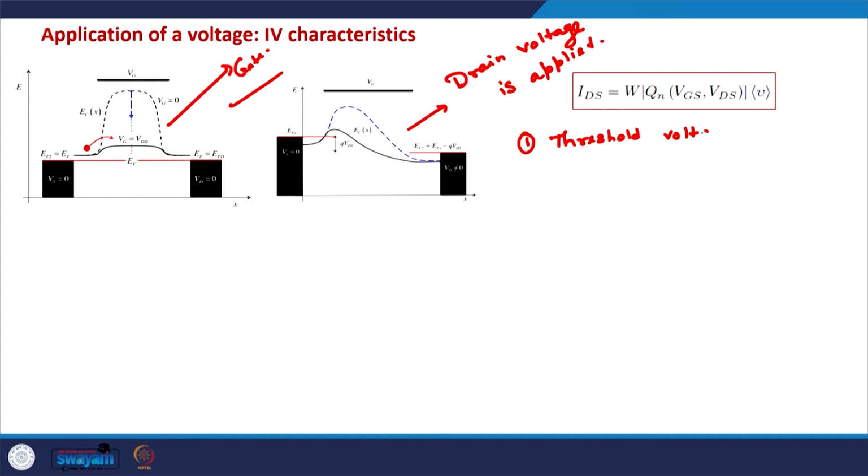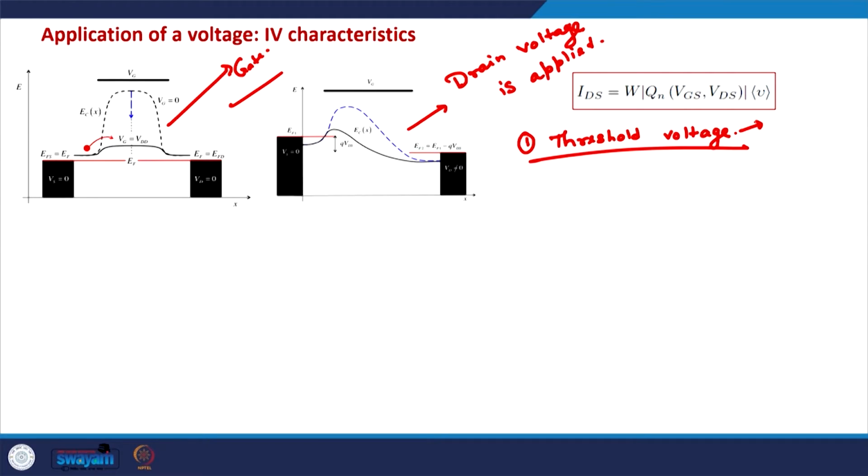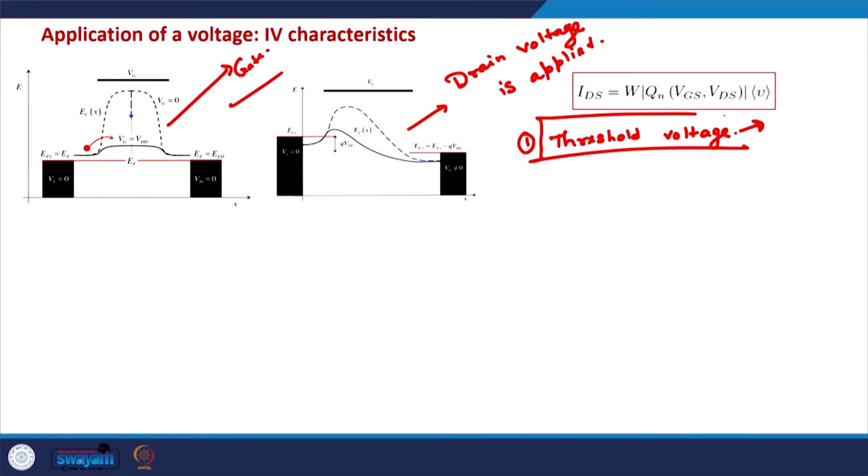So the threshold voltage is the gate voltage at which the conducting channel starts to appear in the MOSFET. So this is the voltage after which conduction can take place through the channel, so the electrons can conduct from the source to the drain via the channel once the gate voltage is above the threshold voltage in a MOSFET. So this is an important quantity, and this is one of the main characteristics,